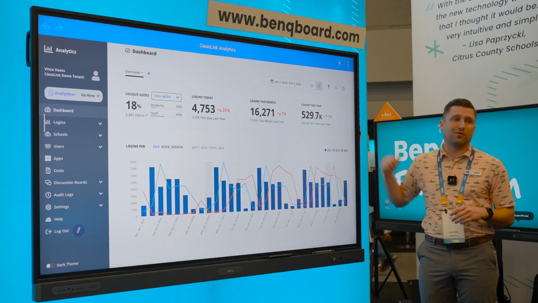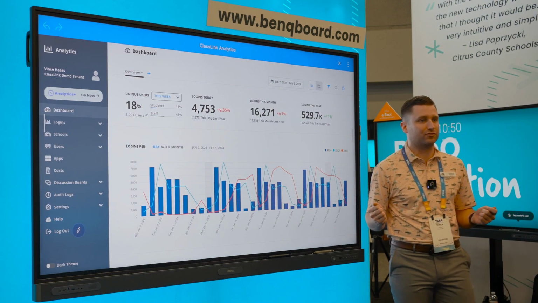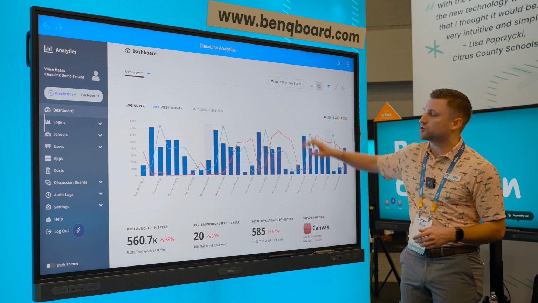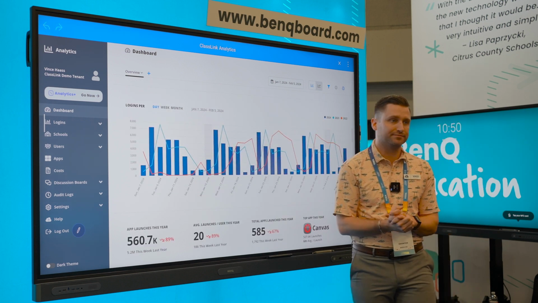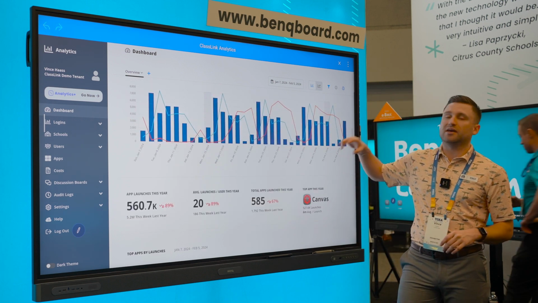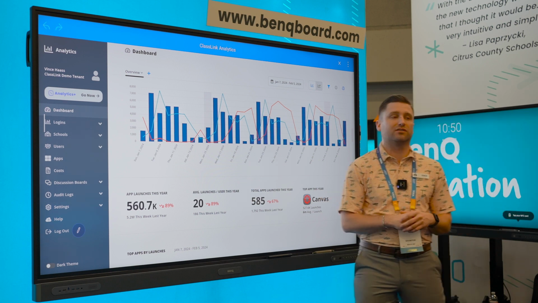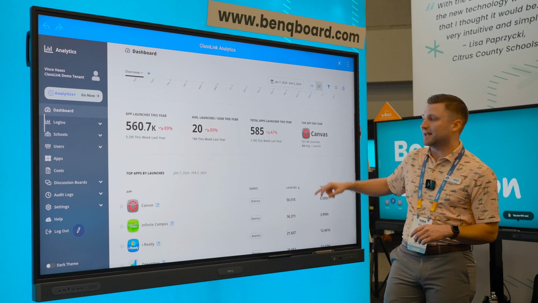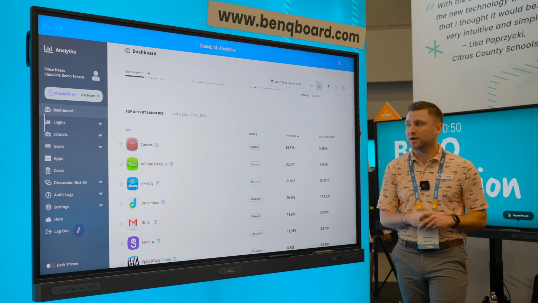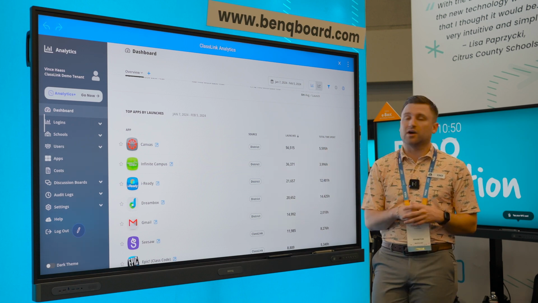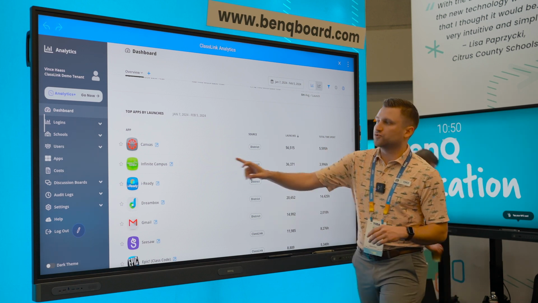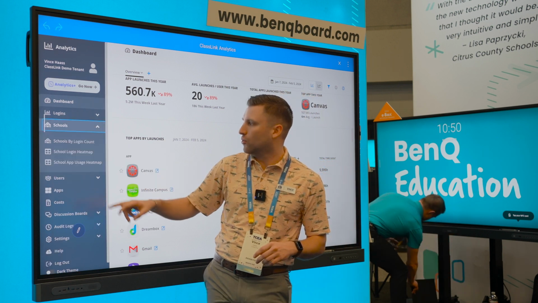Well, that's when I roll out one of the panels out into the conference room, and I start showing our analytics that Classlink can offer. We can look at login times, how often we're logging in, our total launches of applications. If I keep scrolling, I can see my top applications really quickly. We're getting great usage of our Canvas platform, right? What's really neat is if I have multiple schools,